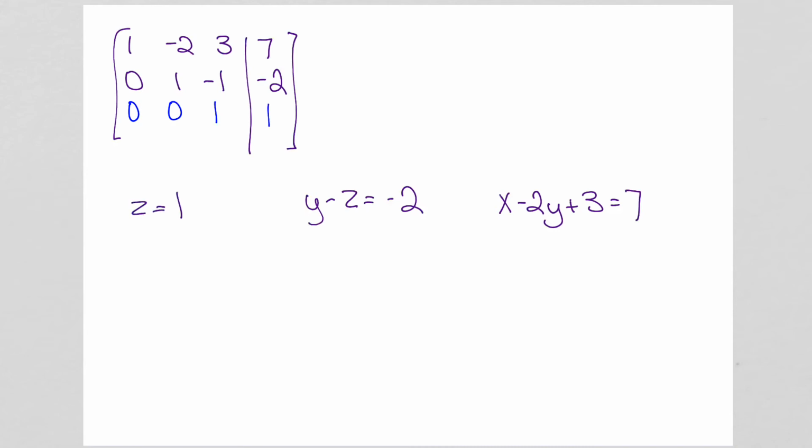Notice the positive thing about this. We have one of the variables solved for. In the second equation, we can easily plug in and solve for the other variable. And in the third equation, we can easily plug in again. Okay, so if z equals 1,